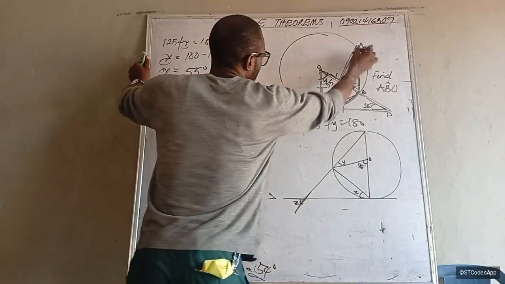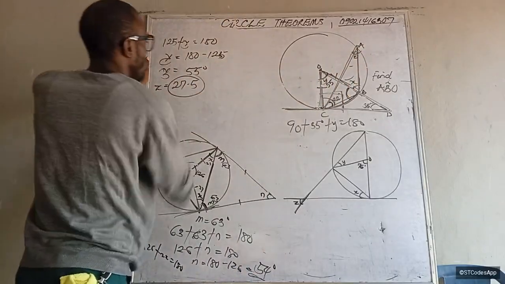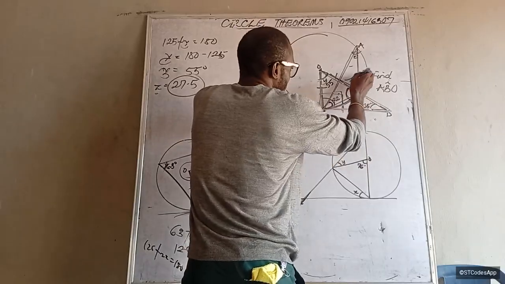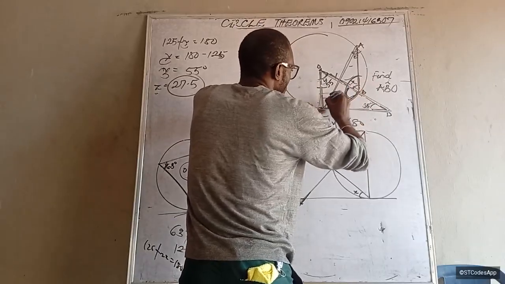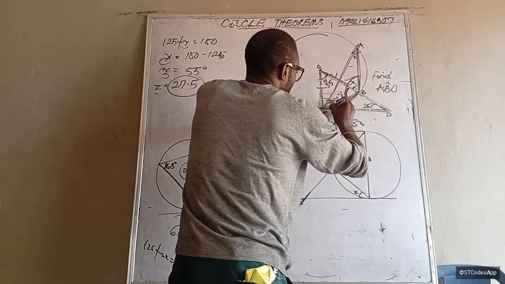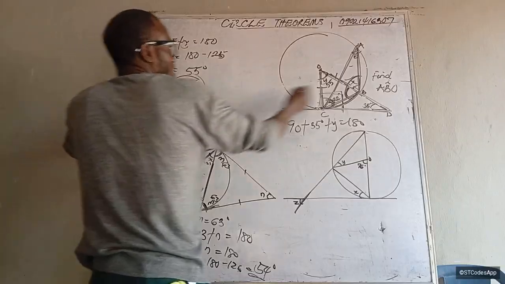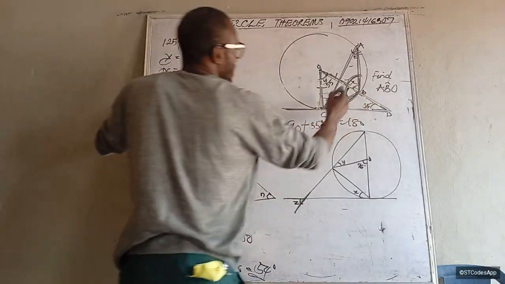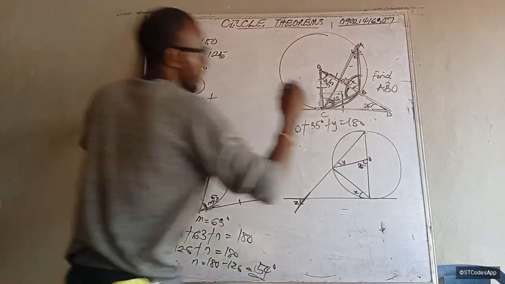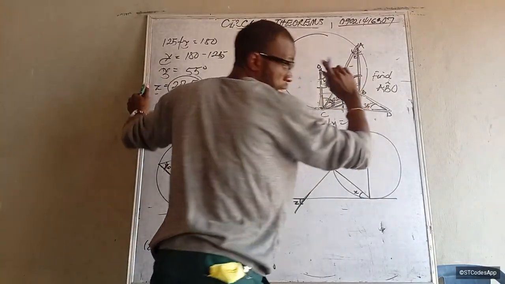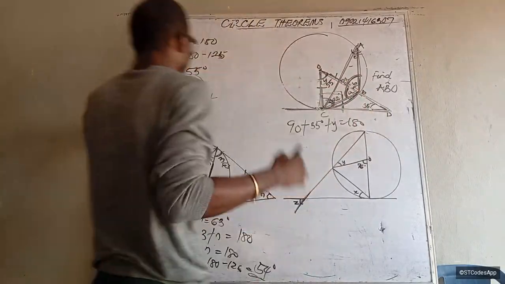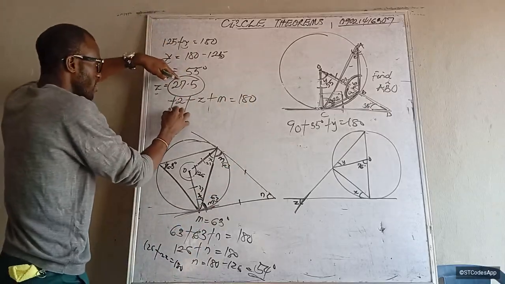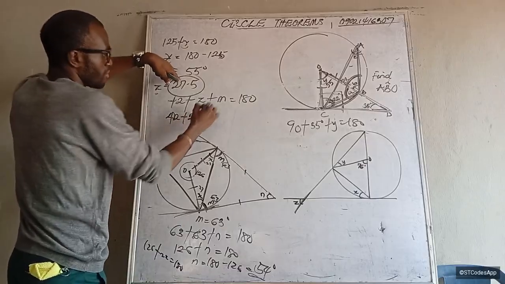So let's call this place Z. So Z will be 27.5. Now this triangle is made up of this side which is 42, plus this side which is Z, plus this entire place. Let's call this entire place M, and let's call the parts A and B. M is made up of A and B. Everything will give us 180. And Z we found to be 27.5. So 42 plus 27.5